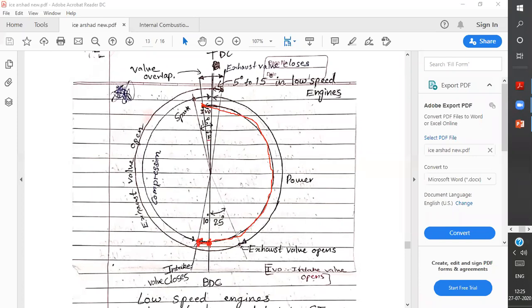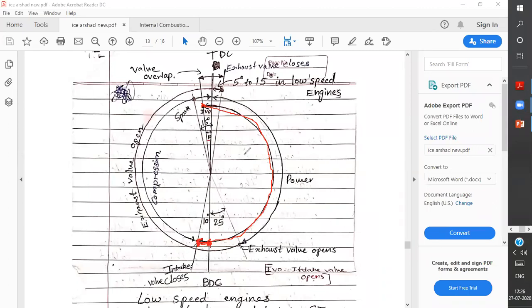Then also we are not closing the intake valve, we are closing it 10 degrees after the compression stroke has started. Is it going to create any loss? No, students, it is not going to create any loss. It is going to help the engine in increasing the efficiency. Why we are doing this is that as the air fuel mixture is coming inside in the suction stroke, it is having some kinetic energy. We are utilizing that kinetic energy.